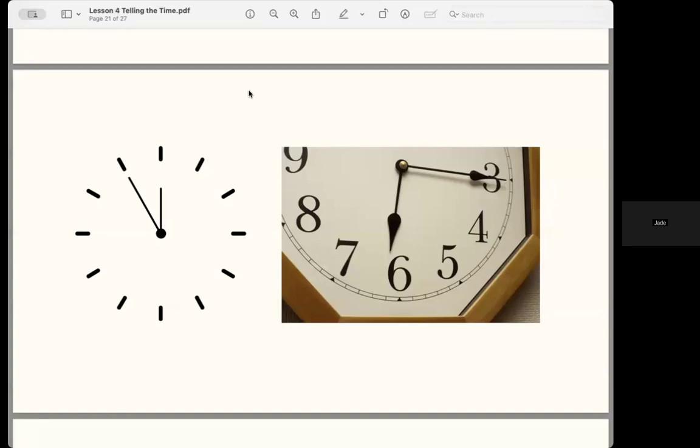How would you say it if it was a digital device? Sorry, not this one. We're finished with that one. But so this one here, can you see my cursor going around that? Nikki, is my cursor visible? Yep. So this clock face, and you said a quarter past 6. What's another way of saying it? That's the correct way of doing it, but there is another way you could say it as well. What would that be?